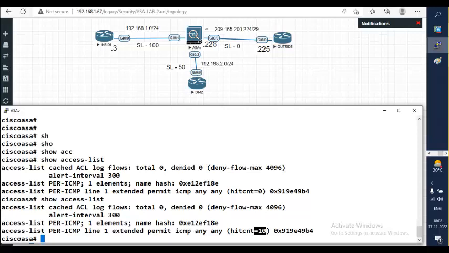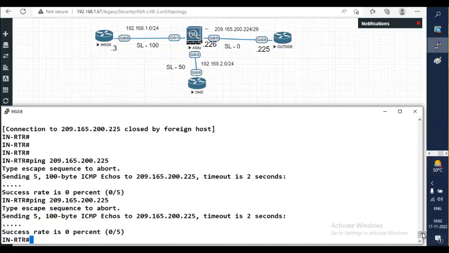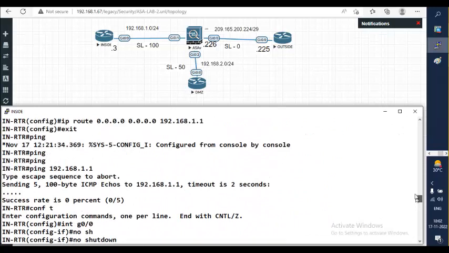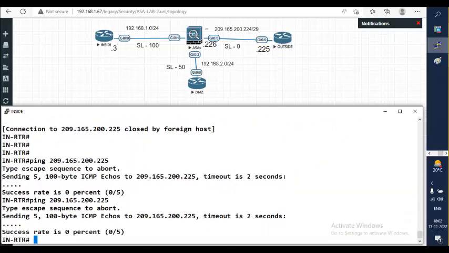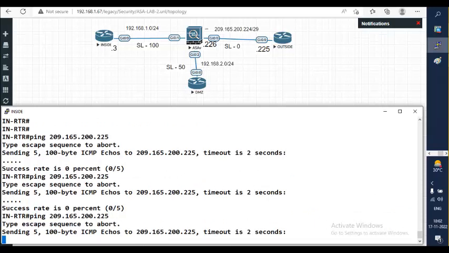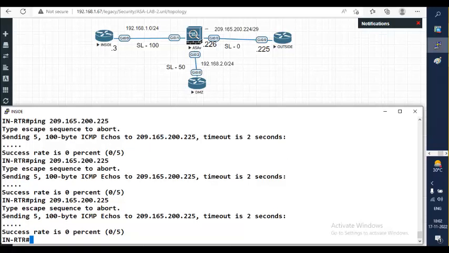When I started this router, it was showing a lot of bugs. It took a lot of time to load. It was saying some CPU hog and all. So that may be the reason why I am not able to see the reply. I was able to telnet, but the ping was not happening. So I wrote an access list to permit. Always from low to high, traffic like ICMP will not be allowed. We need to permit it, and I showed you a sample. So with this knowledge